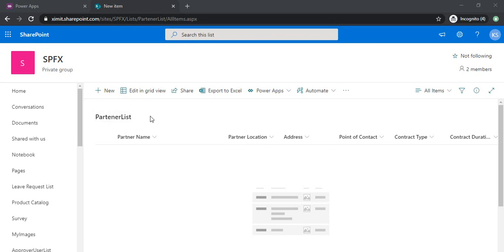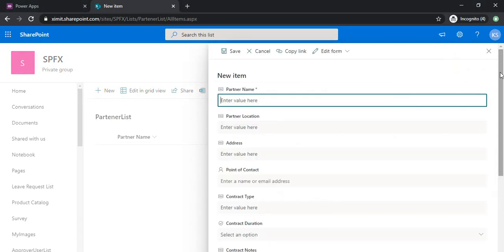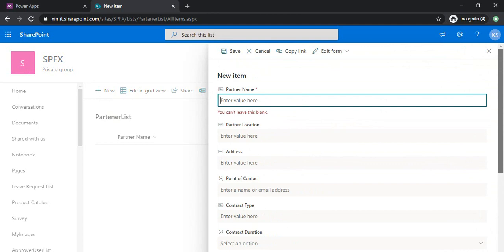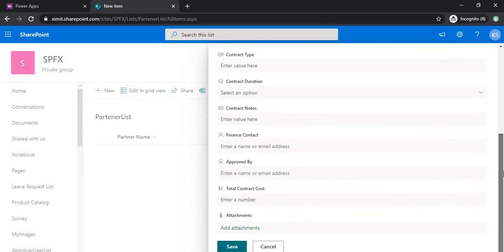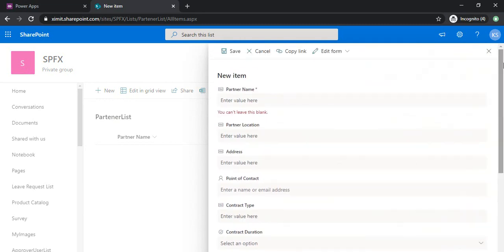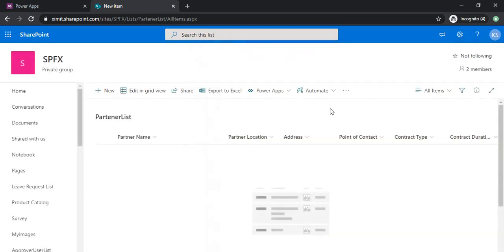So I've created one partner list form to demo that to you. If I click on new, it has around 10 to 12 columns, but it still looks a bit lengthy. So we need to scroll to get to the end of these columns. The same form we are going to customize in Power Apps so that it can be represented in tabs, and from a UI perspective, it could be a better way to fill out the details. So now I will customize the form from here itself, customize forms.